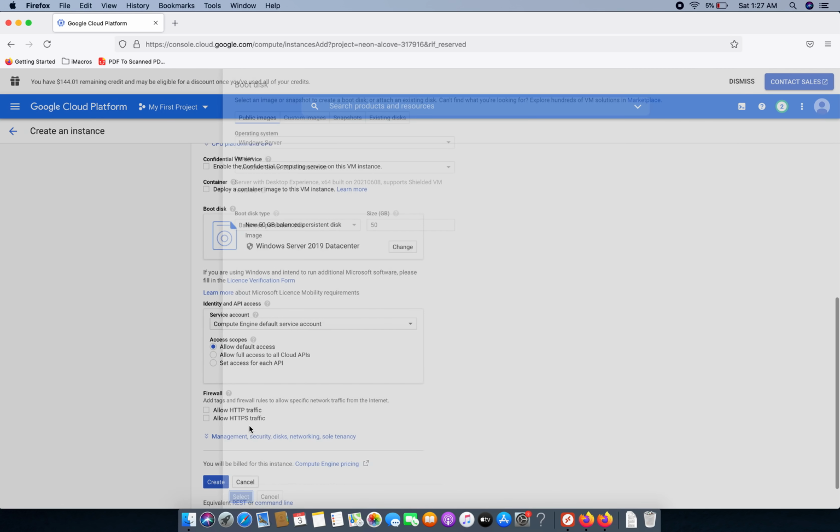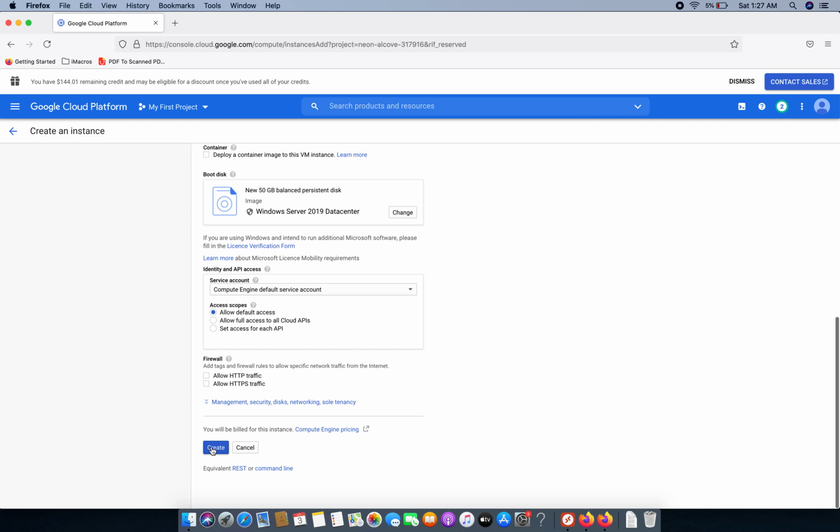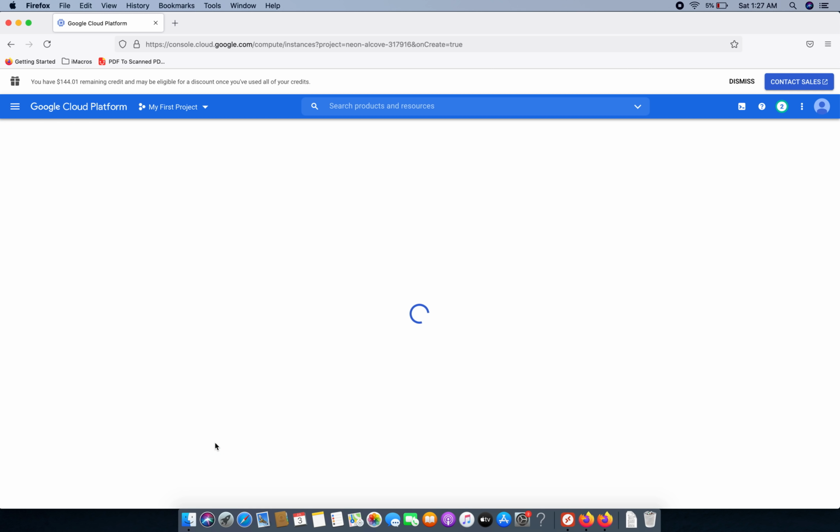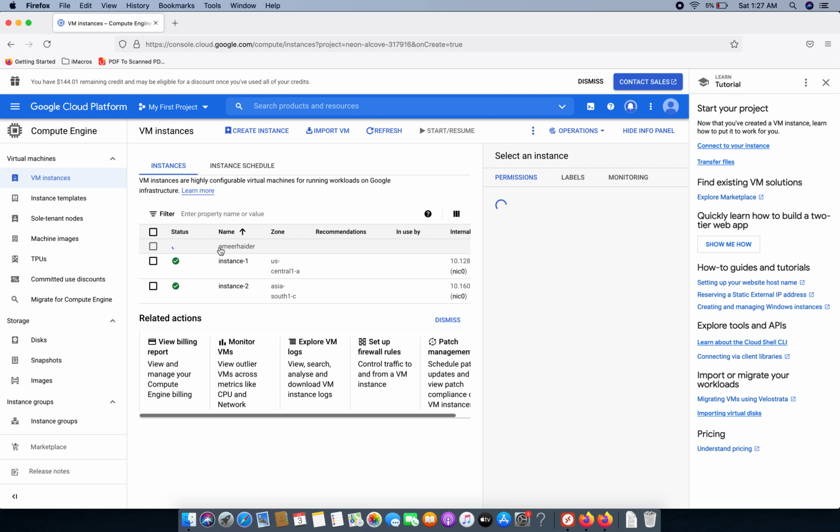Okay, and click on create. It will take a while. After taking time, it will create an instance, and I'll connect it using the remote desktop connection, Microsoft remote desktop connection.